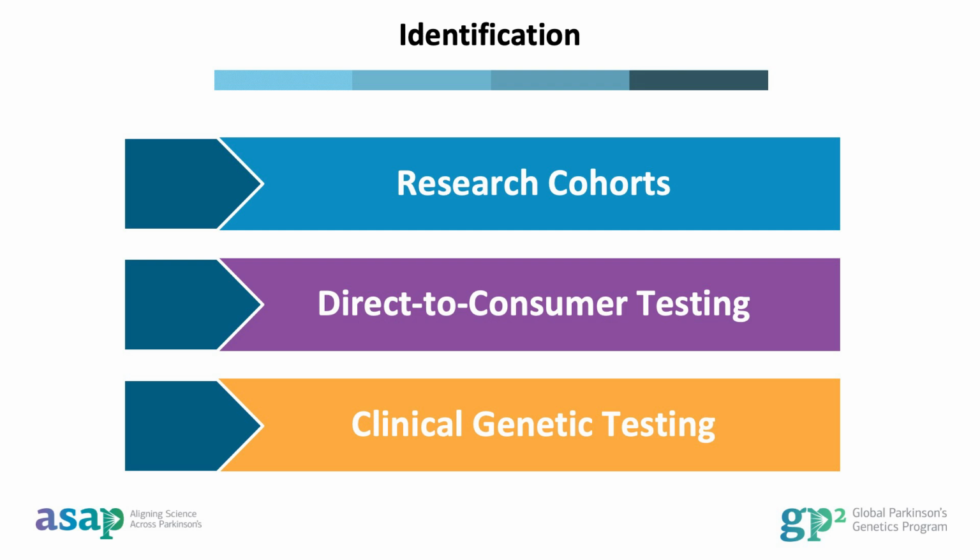Lastly, increasingly, we may see people who have undergone or are interested in undergoing genetic testing in the clinic to understand their personal risk of Parkinson's disease in the setting of, for example, a strong family history of Parkinson's disease. While this is not common practice now, it is likely to become more common over time as the science of